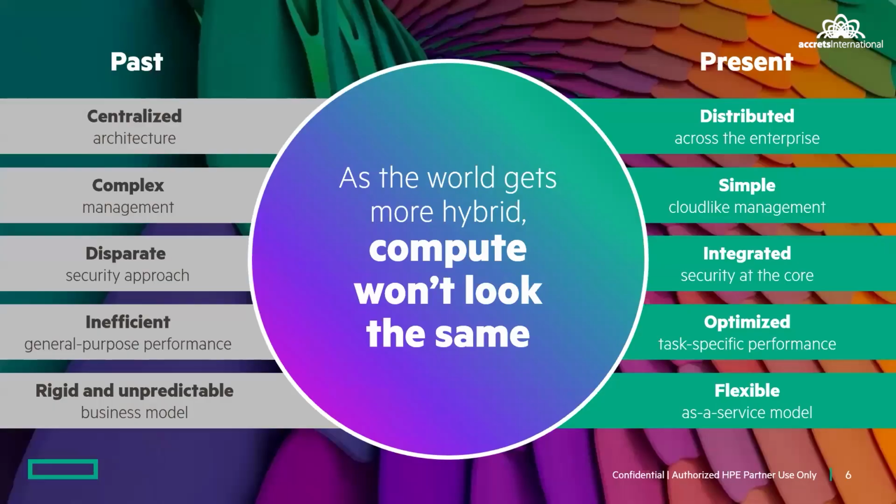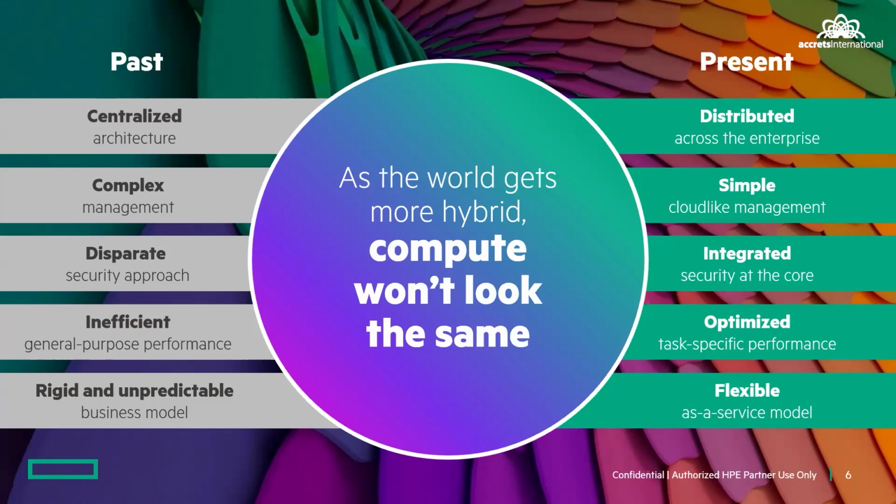So in the past, right, things were very centralized. Architecture was not geographically supported. Things were not easy to manage. They were kind of complex. Another thing is security; there are disputes on security. The next one is insufficient, that means basically not one size fits all. Not one server can do a lot of different workloads. We need to depend on what type of workload, then you get what type of server hardware. And then you may have things like a rigid and unpredictable business model. Things break down along the way, things can't scale, etc.